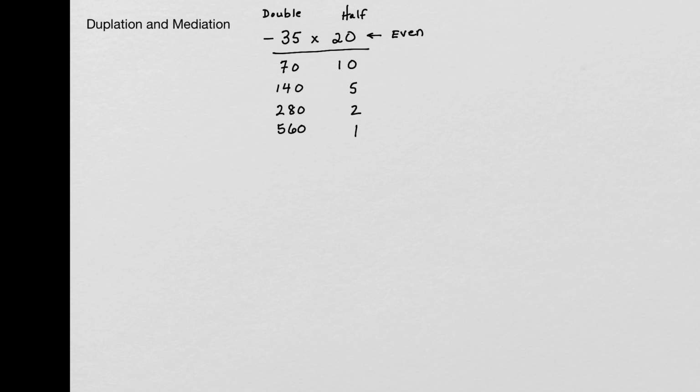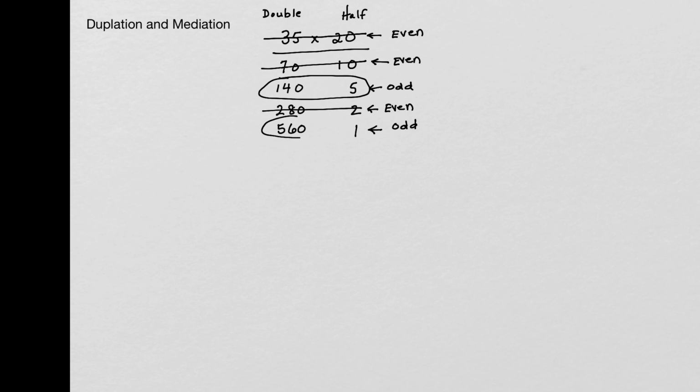I cross out the entire row. 10 is even, so that row goes away. 5 is odd, so I keep that row. 2 is even, so that gets crossed out. And then you always end with 1, and that's always going to be an odd number, so we always keep